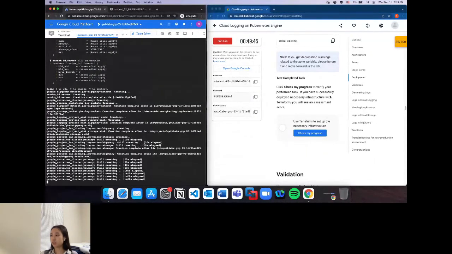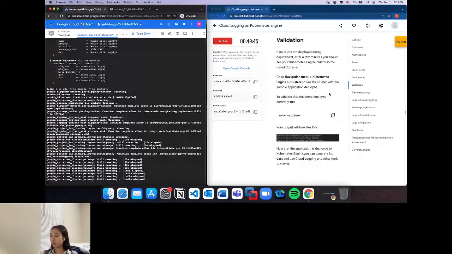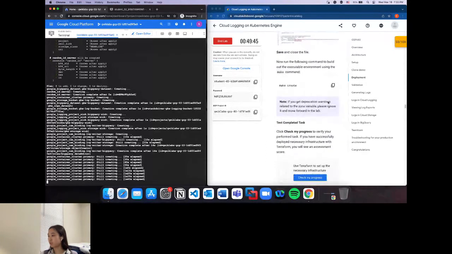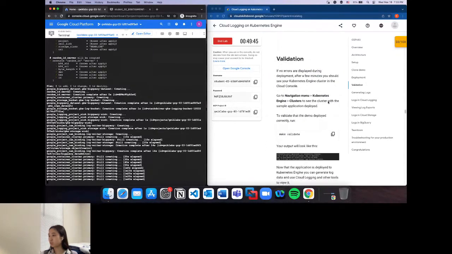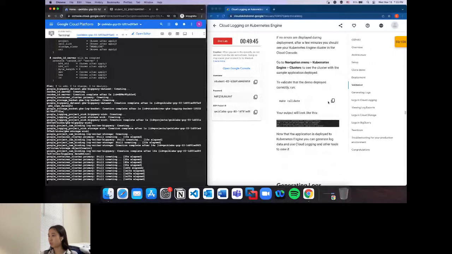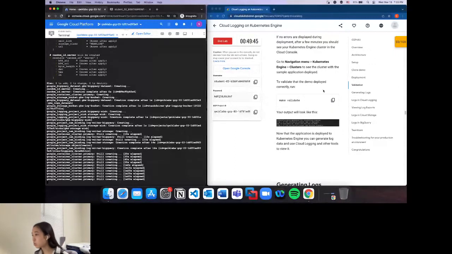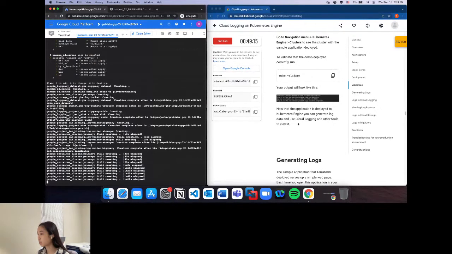Yeah, let's go ahead and just look at the next step real quick. So we're just gonna go ahead and work on validation after our entire infrastructure has been set up. So we're just gonna go ahead and validate the demo deployed. The way to do so is by the simple command make validate, and then we can go ahead and